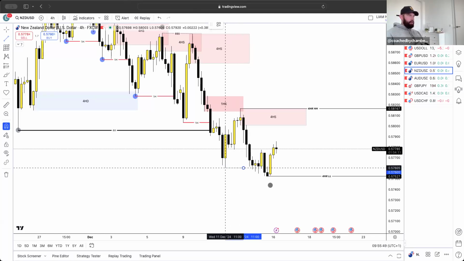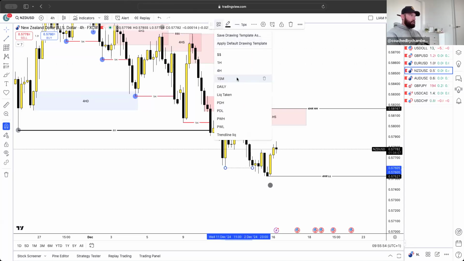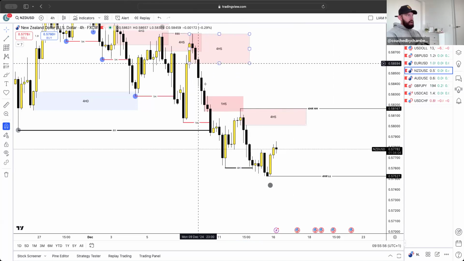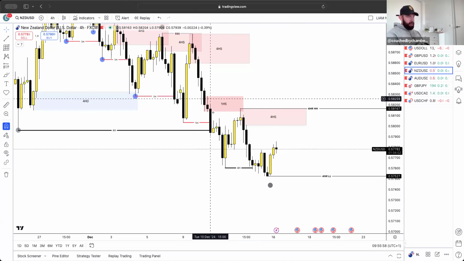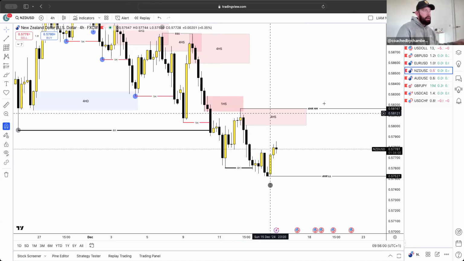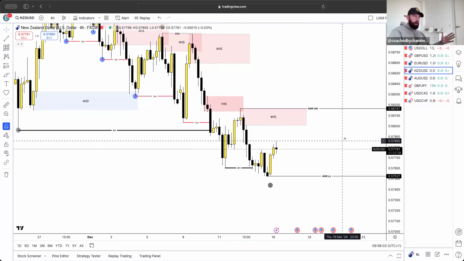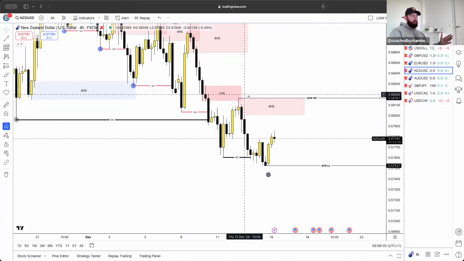Not interested in looking at anything above. Yes, eventually we will need to rebalance the market, of course, because as you can clearly see, we have a lot of movement down and a lot of imbalance. So yes, we will want to see that be rebalanced. But right now, I'm not worried about that. All I'm playing is what I can see from where is my